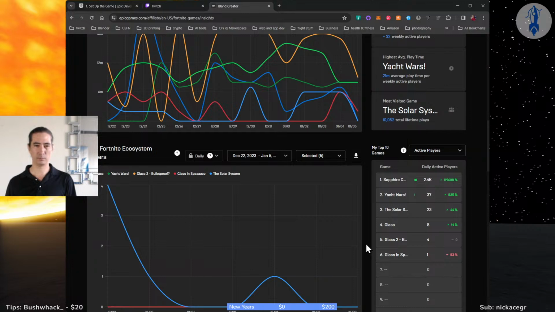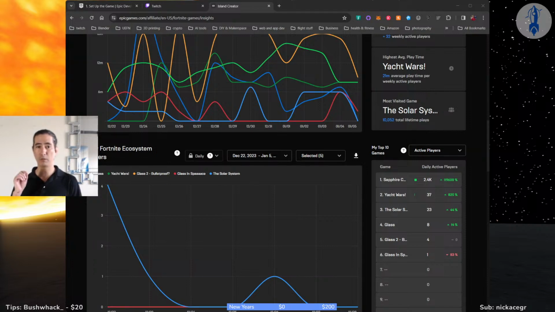Oh my gosh. If I look at this, this part is completely misleading, because it's daily active players. Dude, I kid you not, 2,400. If I had 2,400 daily active players in Sapphire City every day right now, let's look at the calculator. 2,400 times 0.002, that'd be $5 a day.